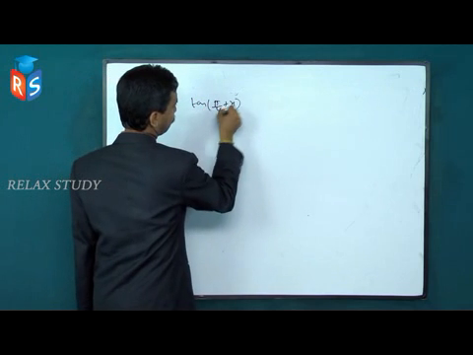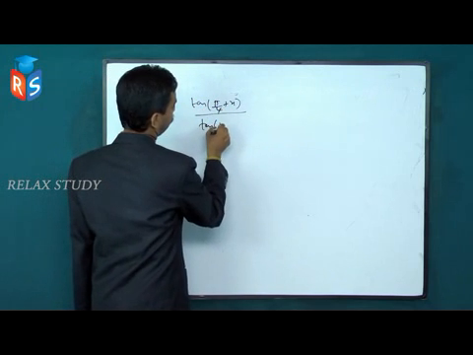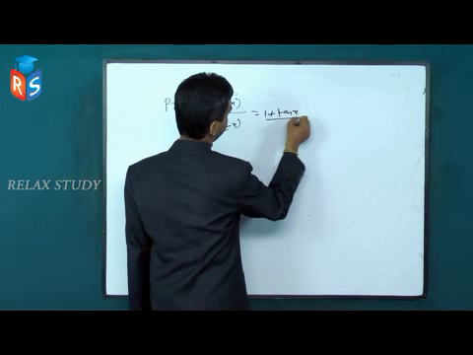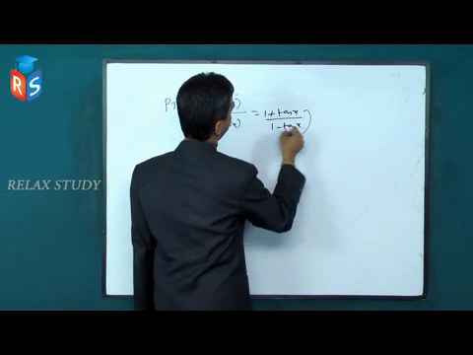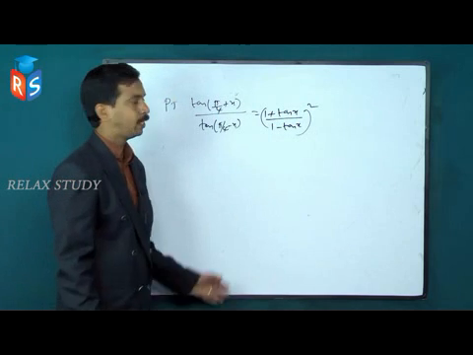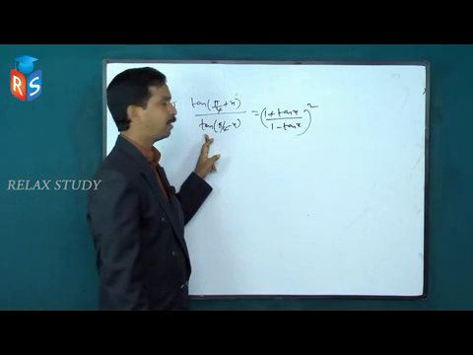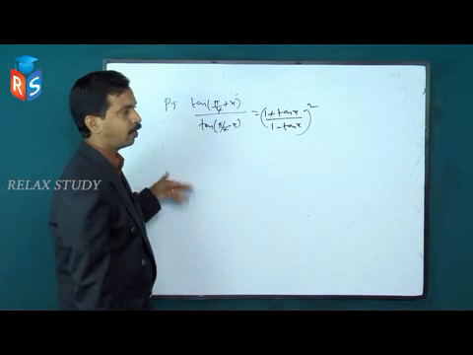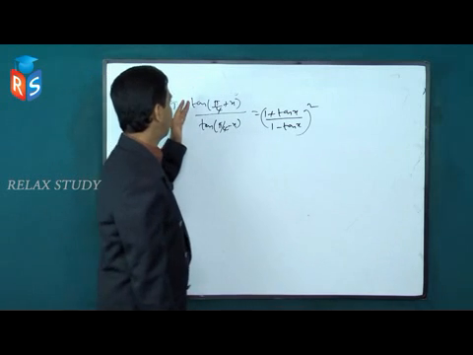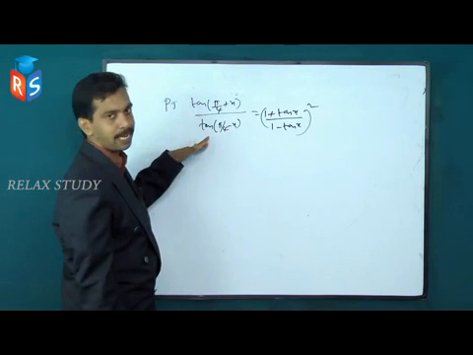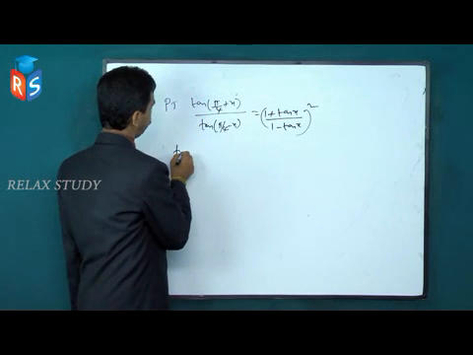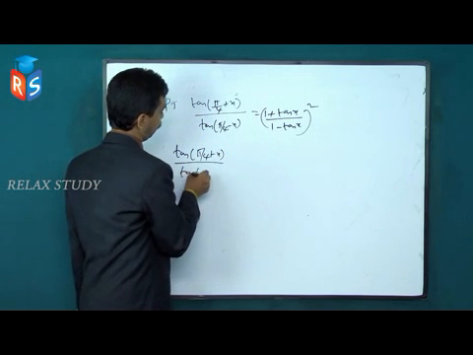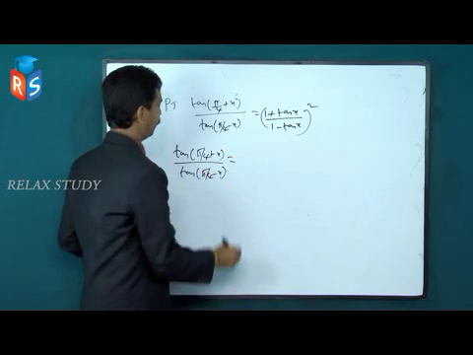tan(π/4 + x) divided by tan(π/4 − x) equals ((1 + tan x)/(1 − tan x))². We have to prove that tan(π/4 + x)/tan(π/4 − x) equals ((1 + tan x)/(1 − tan x))². Here also we have to apply the results we have studied. tan(a + b) divided by tan(a − b). So tan(π/4 + x) divided by tan(π/4 − x) equals, the numerator is